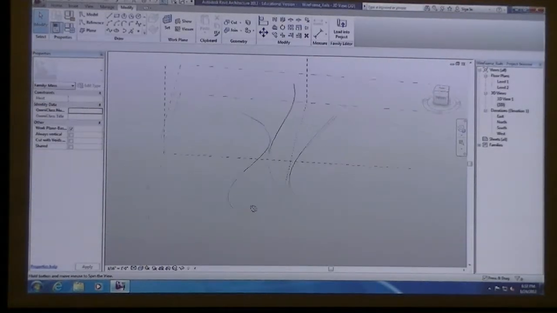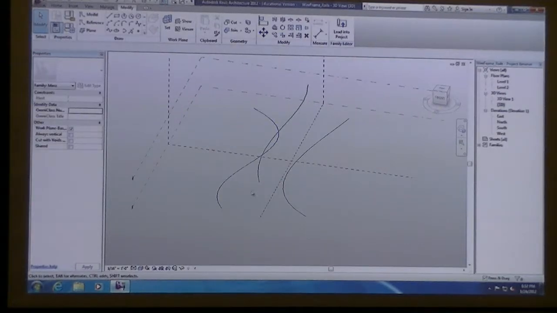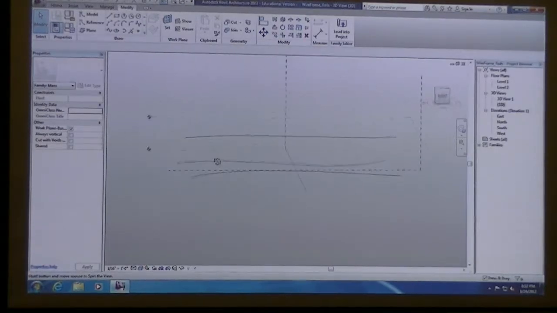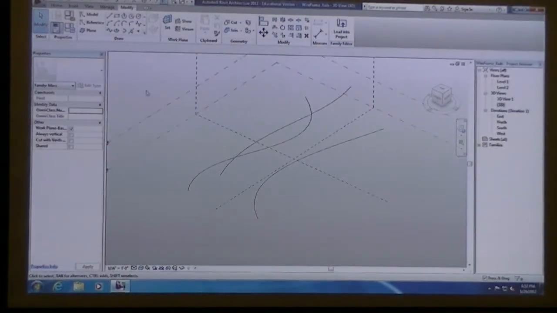The reason I'm doing that is what we want to do is snap to the endpoints of these rails. And because there's also a reference point that's associated with the endpoint of the rails, when we start placing our adaptive component, it's probably going to snap to the point, and then it's only going to want to stay at the end. And I want it to actually slide up and down the rails. So by doing that, I make it so I don't accidentally select those.